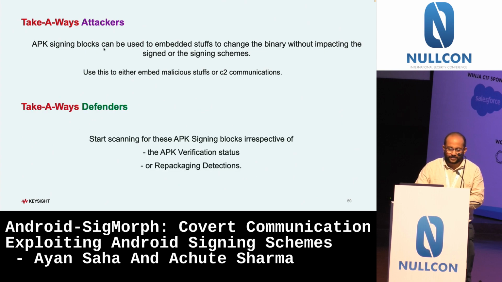And of course, the takeaway for the defenders is: do not trust what the tool says to you. Even if the tool says that the APK is verified by Facebook and the certificate matches, do not trust it. Even if the tool says that this APK has a Google Play signing block, do not trust it, because we can still change the APK without messing it up. And of course, do not trust any repackaging detections, because